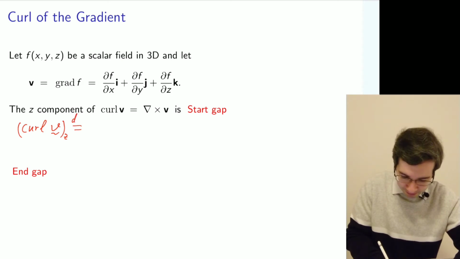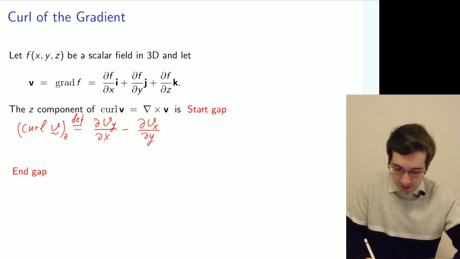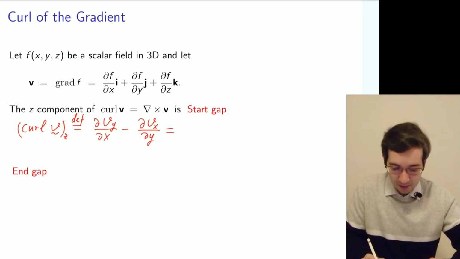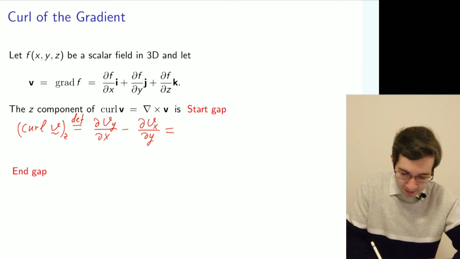So by definition, it is the derivative of the y component with respect to x minus the derivative of the x component with respect to y. Or if we remember that the y and the x components themselves relate to the f, then we can say that that is